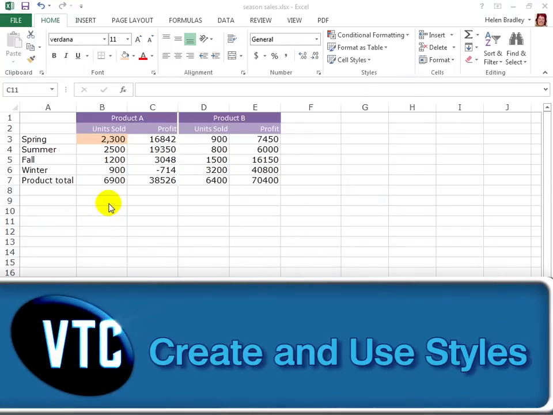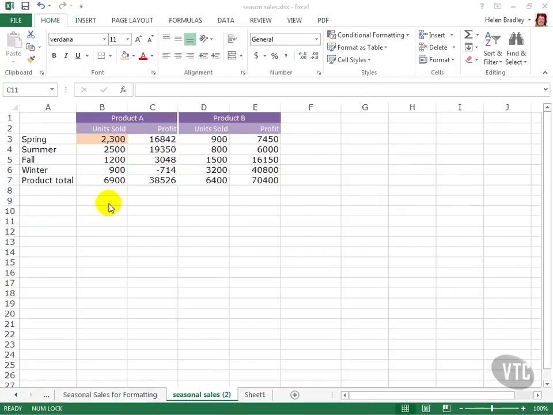As you saw when we were formatting values in Excel, there are a number of preset styles that you can use, and there are also cell styles here that can be applied to your data. However, you can, if desired, create your own styles to use for formatting data in your worksheets. You can create styles from scratch, or you can create them based on formats that you've already applied to data